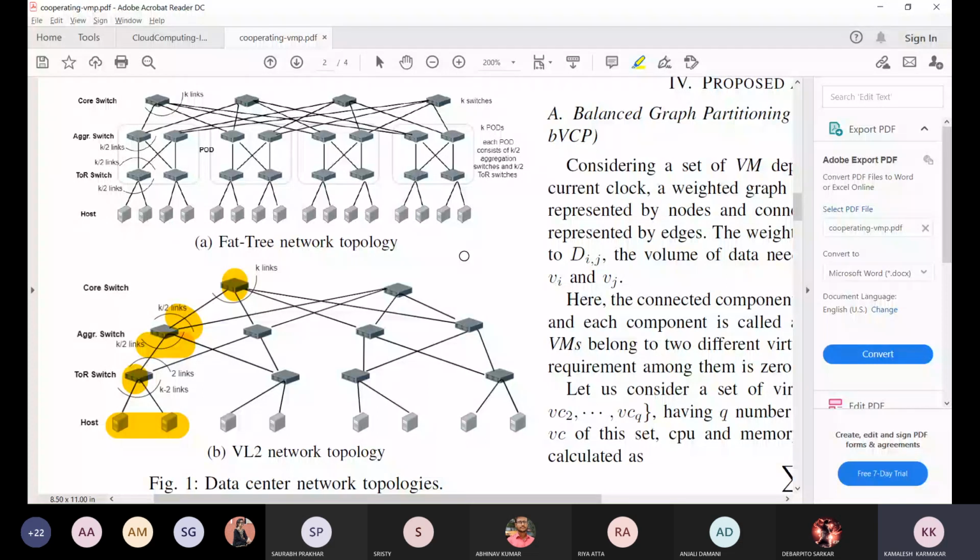If we want to store the logs of Flipkart or Amazon or any banking site, a huge volume of data is being generated. In the case of social media, you know how much data is being generated every minute. If we want to store this data in our data center, obviously the data transfer requirement is very high, and the volume of data transferred between client and server is very high.